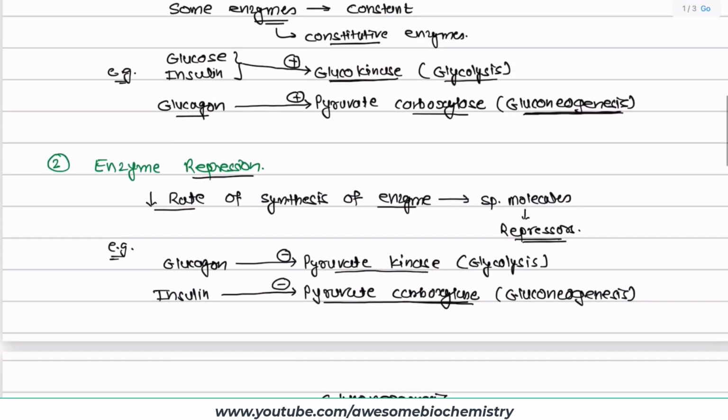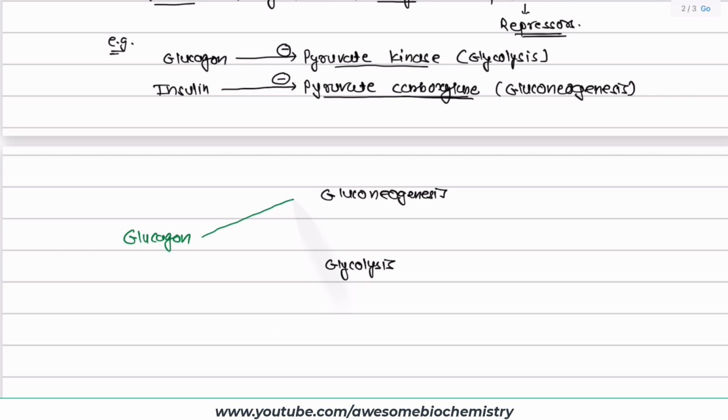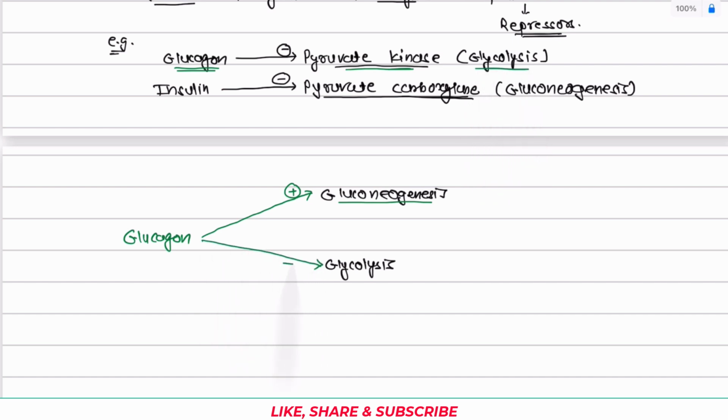If you examine glucagon, you can see that glucagon is acting as an enzyme inducer for pyruvate carboxylase and in turn gluconeogenesis. So I can say that glucagon stimulates gluconeogenesis, whereas in enzyme repression, glucagon is inhibiting pyruvate kinase and in turn inhibiting glycolysis, right? So glucagon inhibits glycolysis. So glucagon is making sure that when new glucose is being synthesized, glucose should not undergo